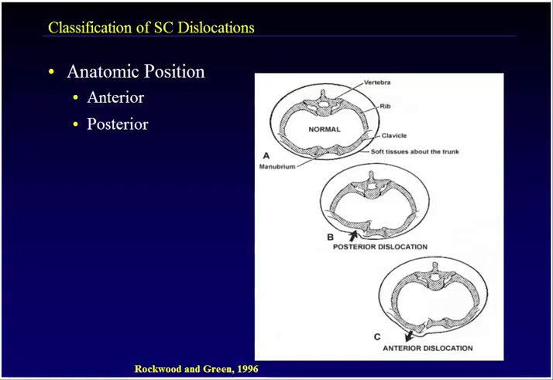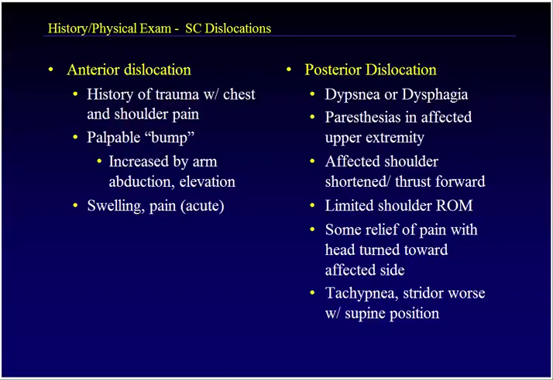We define sternoclavicular dislocations based on the anatomic position of the medial end of the clavicle relative to the sternum, and that can be either an anterior dislocation, as is seen here, or a posterior dislocation, as is seen here, and those both have their own unique clinical features. An anterior dislocation can be diagnosed with a history of trauma, with chest and shoulder pain. Frequently, you'll feel a palpable bump on clinical examination of the anterior aspect of the chest wall, and the bump can be exacerbated by abducting and elevating the arm, and these patients, of course, will have acute pain and